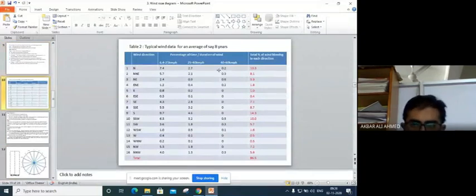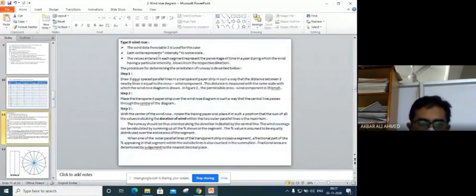Again, you will be given this table, except for the red color. Red color you have to write yourself. The last column you have to calculate yourself. So again, this time I'm using different data. The values are different. It is 7.4, 2.7, and 0.2. It was different there earlier. So again, the same procedure. You do the summation in each direction, and you calculate the values and fill the last column, 10.3, 8.1 in each direction. Then what you do, you see the values.